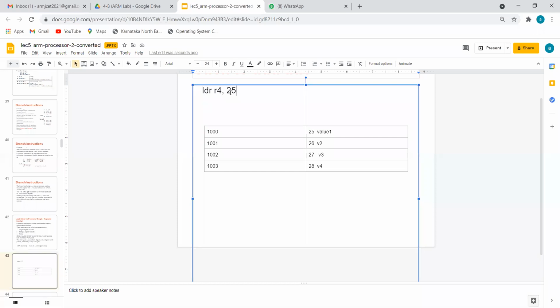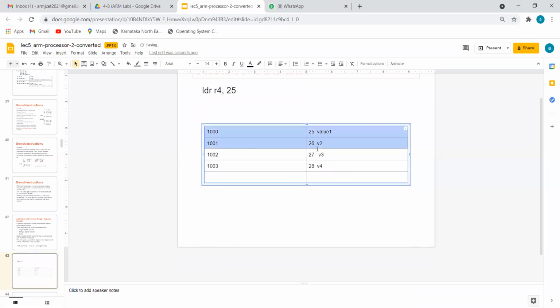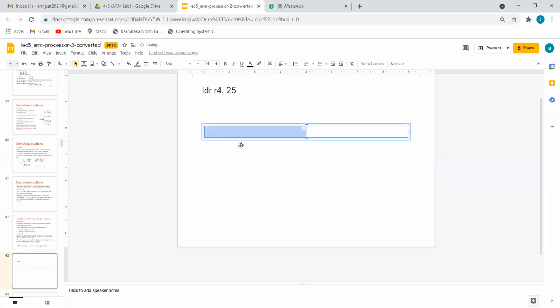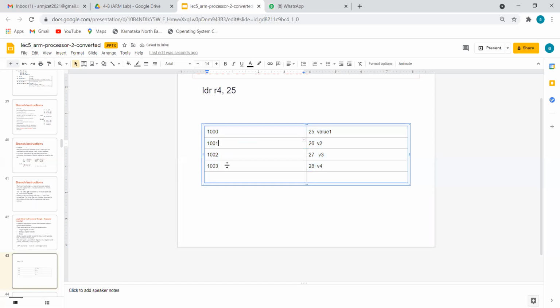What is the indirect value? These are addresses. This column is the address column, and these are the values. We also call it data.